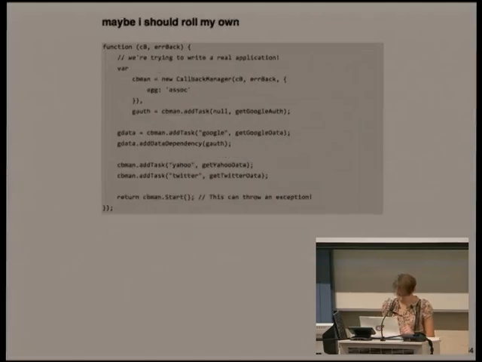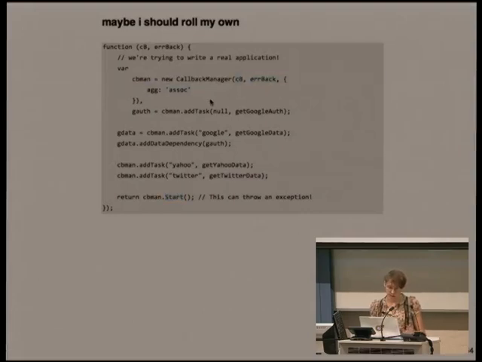So you want to get around that. You don't want to have these trees. Instead, every single Node.js programmer writes their own little library, like a callback manager. And you can say, well, I want to add tasks to this thing. Some of these tasks have a dependency on the other task. This is how I want you to aggregate this data, so I want you to reduce or map the output of all of these callbacks, and you tell it to start, and it'll eventually call your final callback.